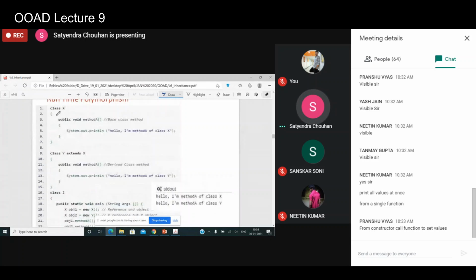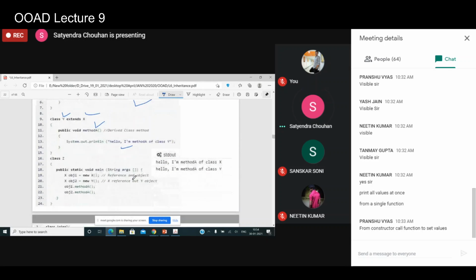You have a class X. Inside class X you have a method A that prints "hello, I am a method of class X". Class Y extends X, and it also has a method A which prints "hello, I am a method of class Y". Now in class Z, which is the main class, see line number 19.